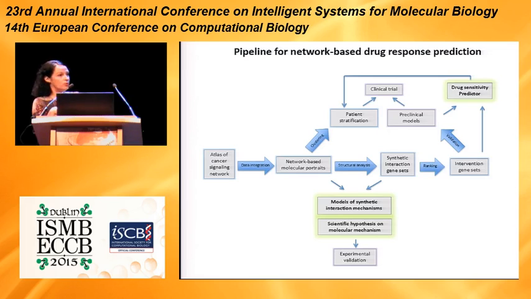An additional added value of such a procedure is that we can learn modes of synthetic interaction mechanisms in different cancers. And then hopefully we will be able to come up with a drug sensitivity predictor if we learn a sufficient number of patients and different cohorts from different cancers. The same paradigm can be actually used not only based on Atlas of Cancer Signaling Network, but any other networks, and can be applied not only for cancer, but also for other diseases or analyzing other data sets from experiments in the labs.